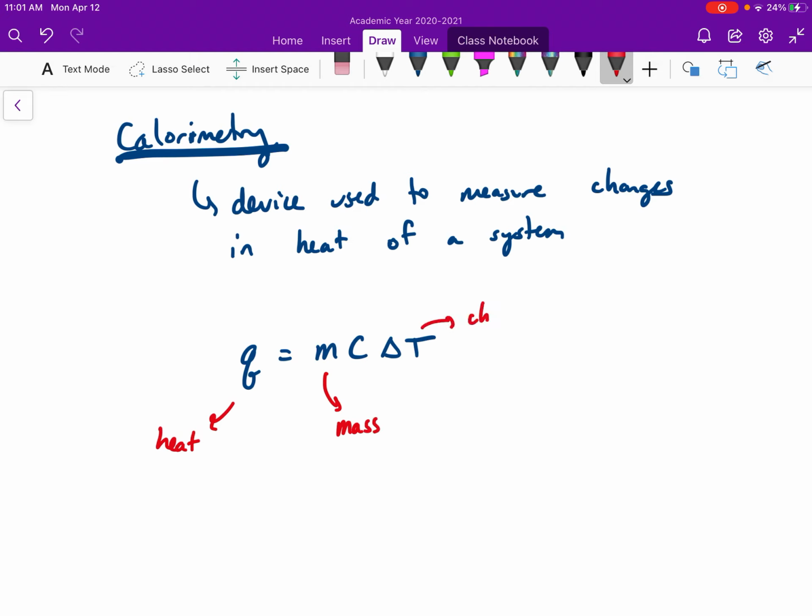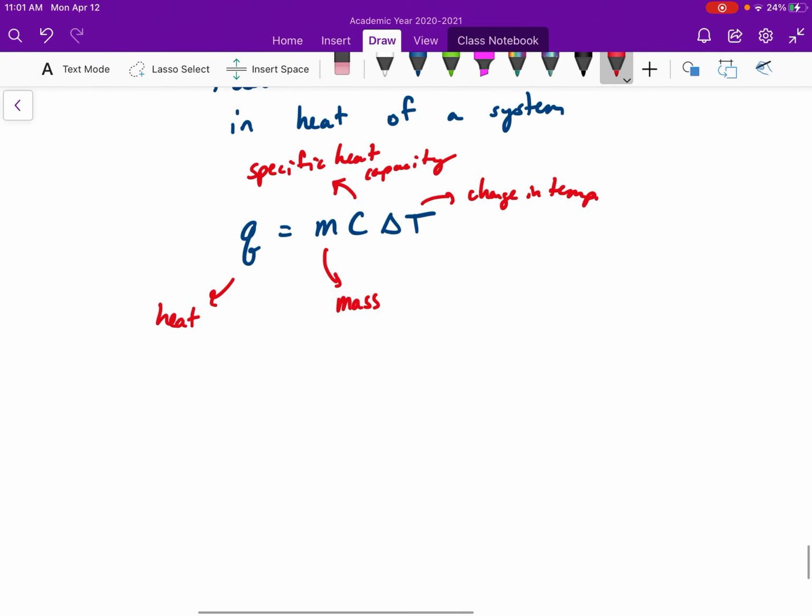Delta T, I think, is self-explanatory, right? Change in temp, okay? C is going to be the specific heat capacity. Okay, so what the heck does that mean, right? Well, there's just heat capacity, but there's also specific heat capacity, and that's the one we really care about. So C is going to be the specific heat capacity, which is defined as the amount of heat needed